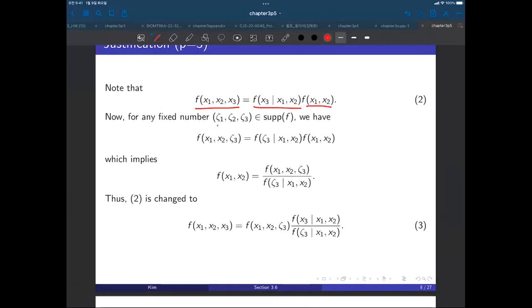They can change, but let's fix a particular number in the support. The support is the positive mass, right? Because equation 2 holds for all x1, x2, x3 in the support, it should satisfy a particular